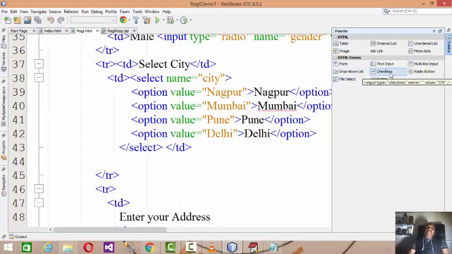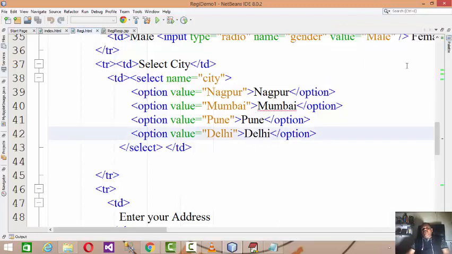Checkboxes are for when you are selecting more than one value, for example select your courses, or select your requirements, and those are more than one. And the radio button is where you select either-or. Anyone has to be compulsorily selected, and only one has to be selected. That time a radio button can be used. I gave the example of gender.